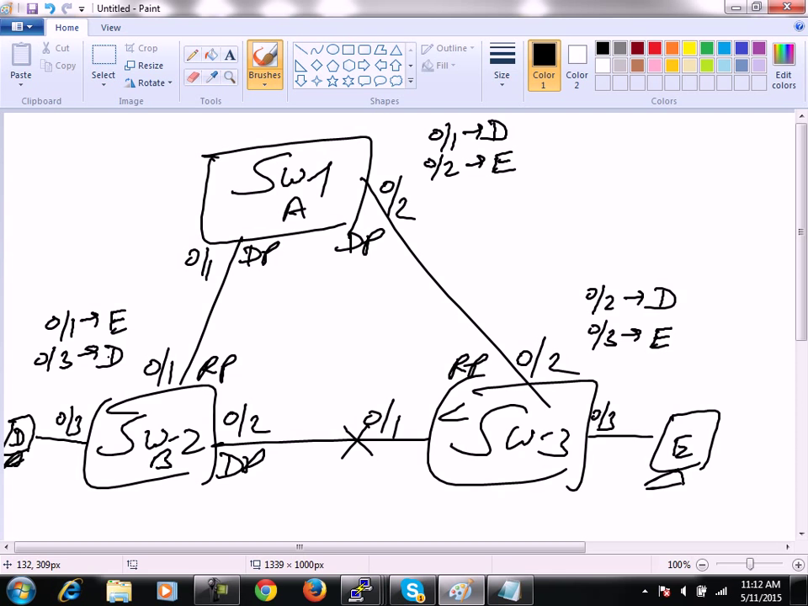Fine. Now let's assume that this interface has gone down. You know very well it will now become the new RP and will immediately move into forwarding state. And because this link has gone down, this 0/2, of course switch 3 is going to remove this entry immediately from its MAC table. But